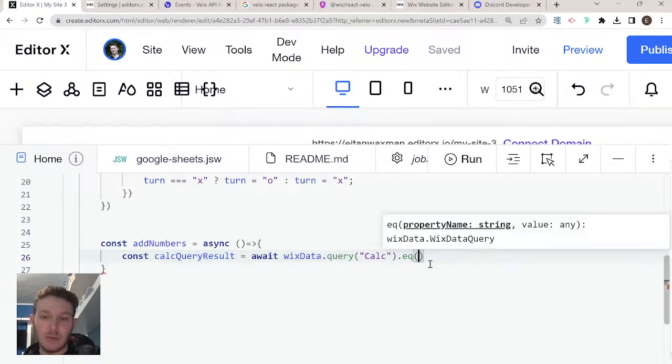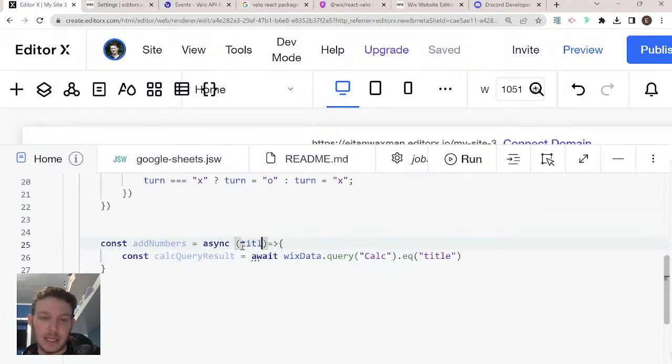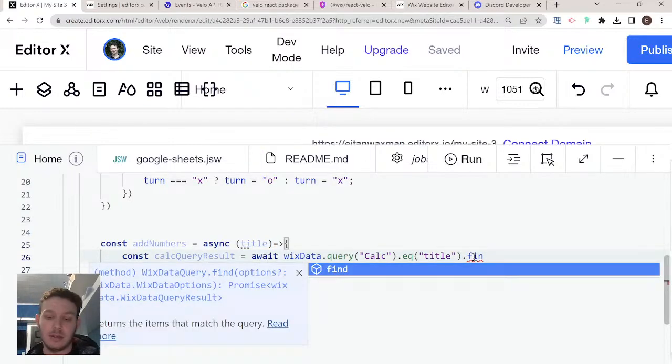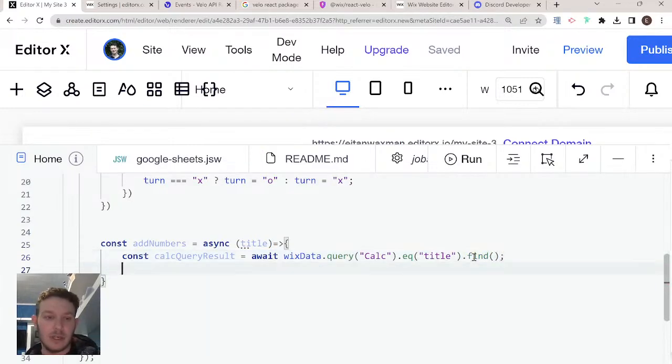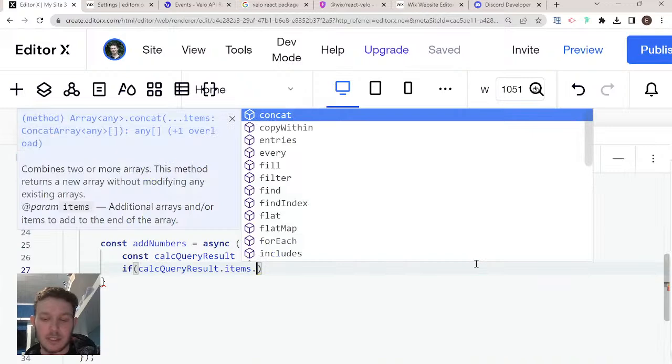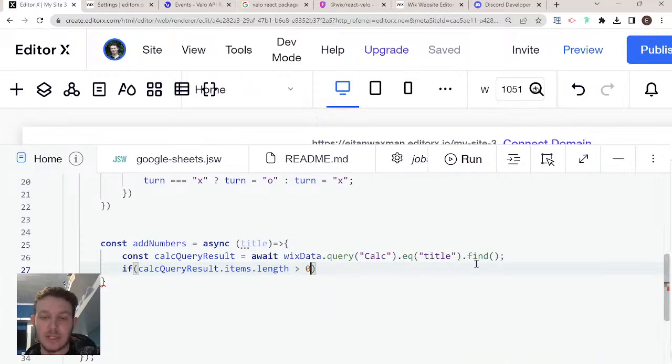And then I'm going to say eq, and here we're going to have title. And I'm going to pass in the title. So this is what I'm using to identify which item I'm selecting and want to do the calculation for. And add find here at the end. And then if calcQueryResult.items.length is not 0, then I'm going to say